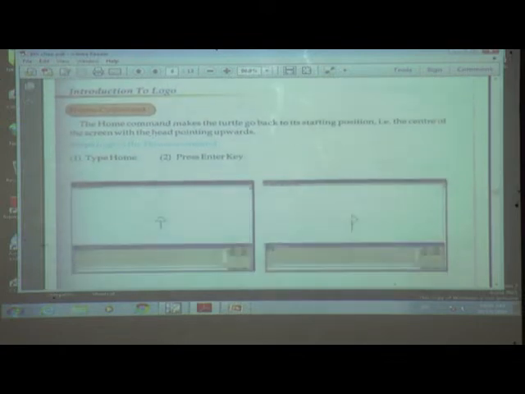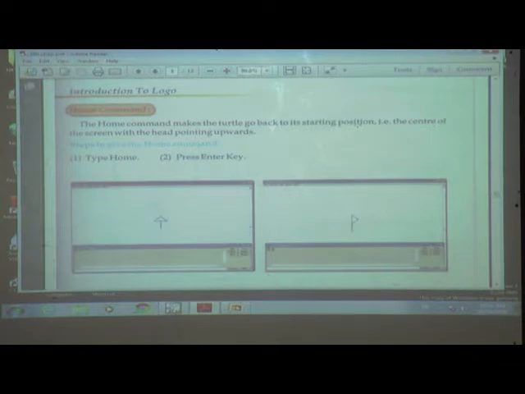Next we will see the home command. What is meant by the home command, and what is its use? The home command makes the turtle go back to its starting position. If we press home, then the turtle will move to the starting position.